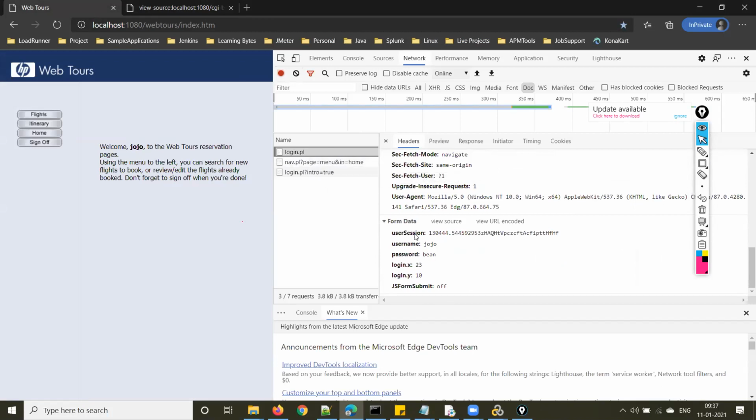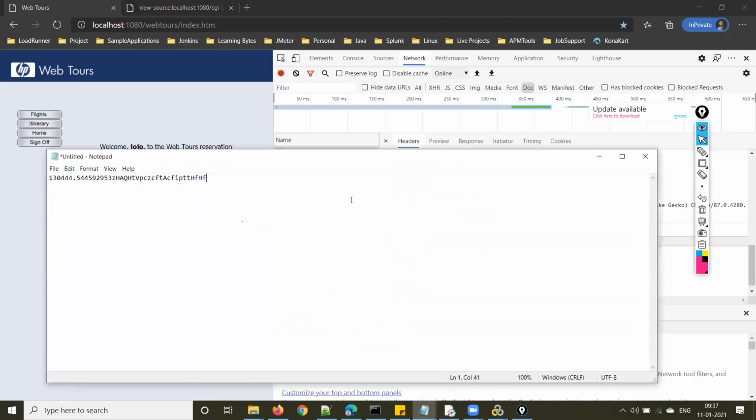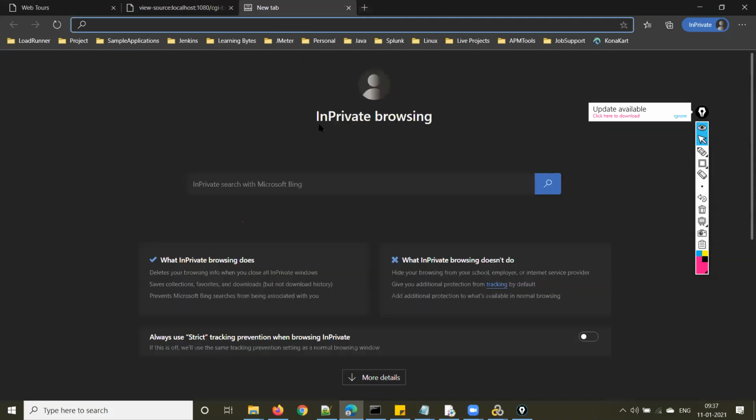See here, under login.pl, along with the username and password, this value got submitted. See here, user session. Is this the same value that we got previously in the launch page? Yes. Since this is a big value, if you want to compare precisely,